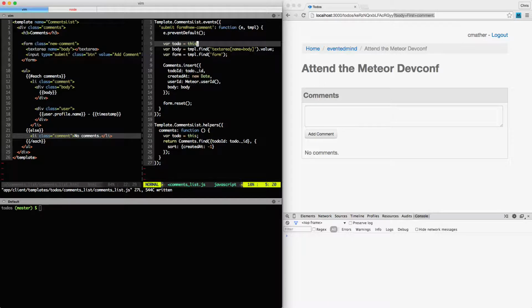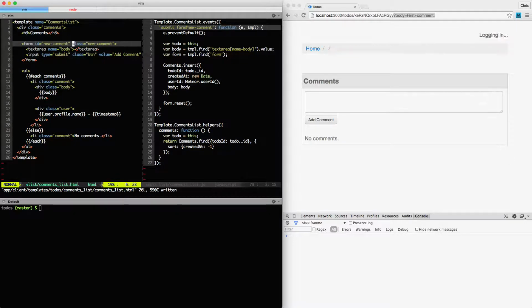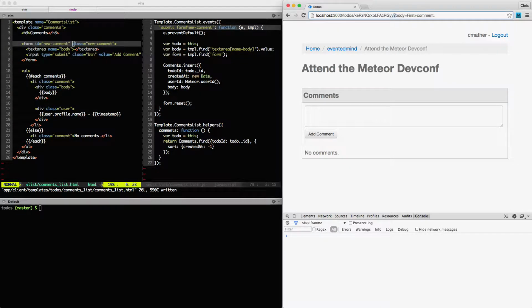And that's because it looks like we're selecting for an ID, but that ID doesn't exist. So let's go over here and add this ID. And then I'll clear up this URL and we'll try this again. Great, so our comment is appearing in the list,